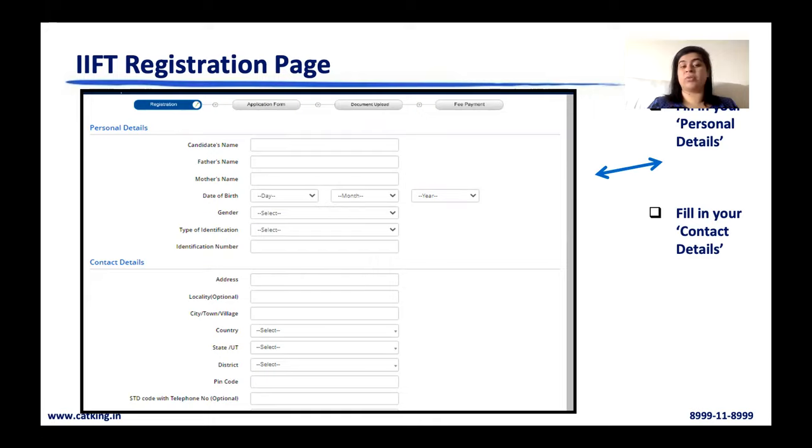Please make sure you do not make any blunders here. I am surprised these days people are making mistakes in their own name, mistakes in their own date of birth. You cannot edit your forms. Okay, once it's done, it's done. So you have to make sure your name is correct, your date of birth, your contact numbers are absolutely correct. That's your personal details information.